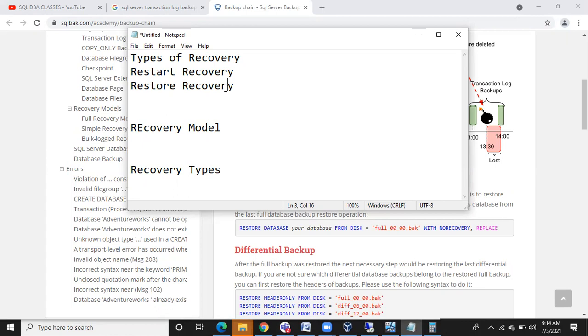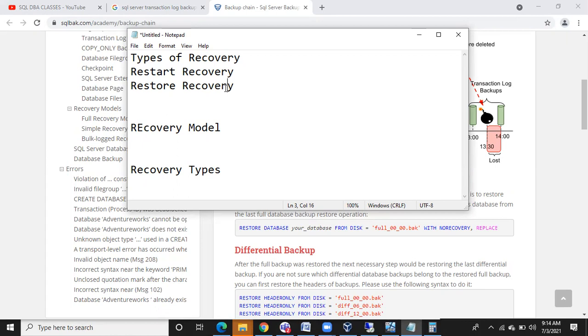SQL Server database engine will check each and every database is in good state or not. It is in healthy state or not. It's the responsibility of the database engine. This happens at two times.